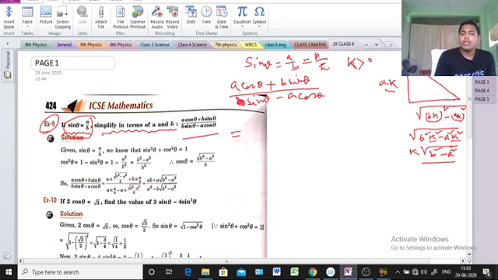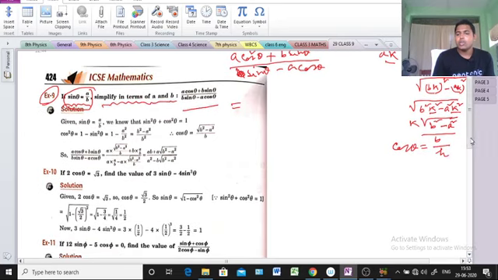See, we need here cos theta and sin theta. Sin theta is already given as a by b. That means we only need the value of cos theta. So cos theta equals base by hypotenuse. Understood? So base, how much? Base equals k into root over b square minus a square, and hypotenuse equals bk. Clear or not?